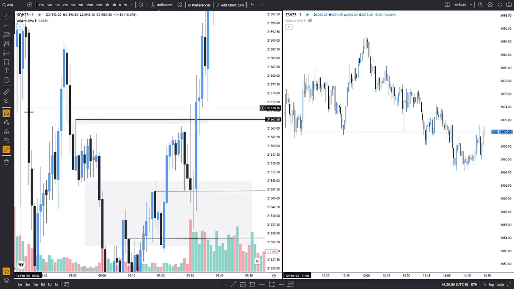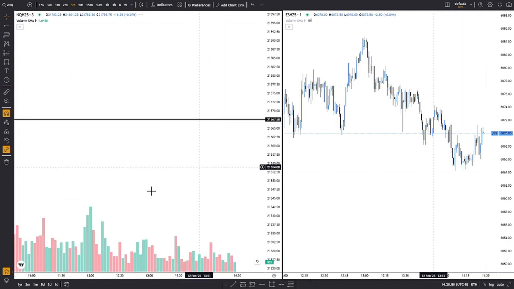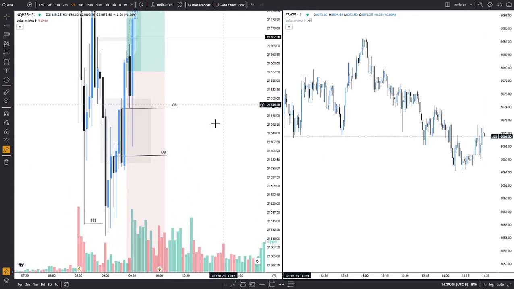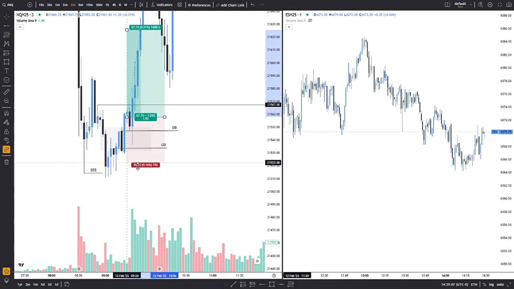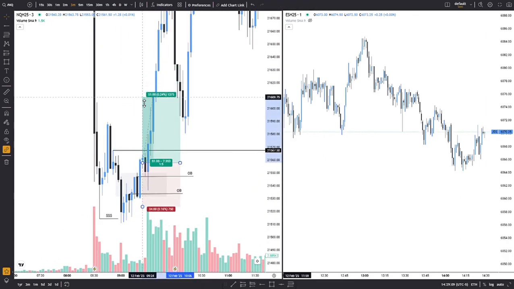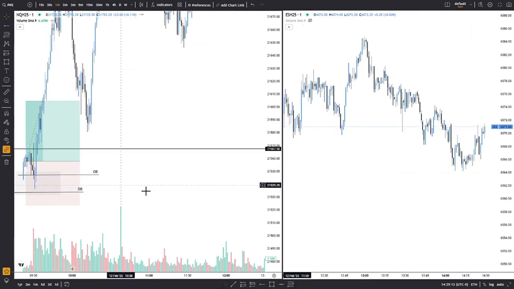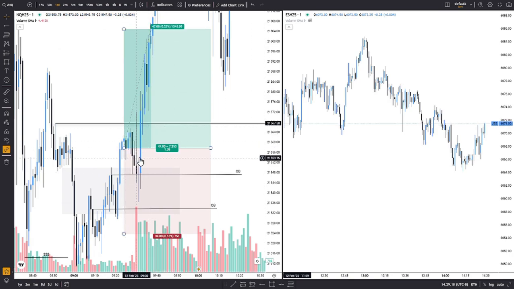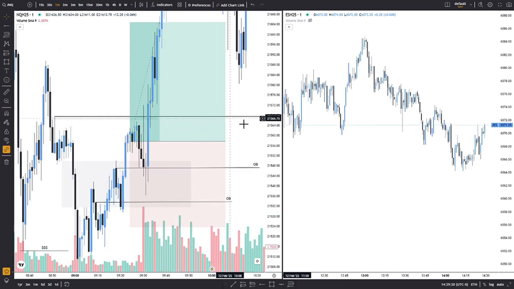My entry was somewhere, I don't even remember. I think my trade was something. I think I went on right here. This will be the stop below, and this will be the TP. Now I went one contract in this, and as you guys can see, I got stop loss at break even. Now this should be my break even,